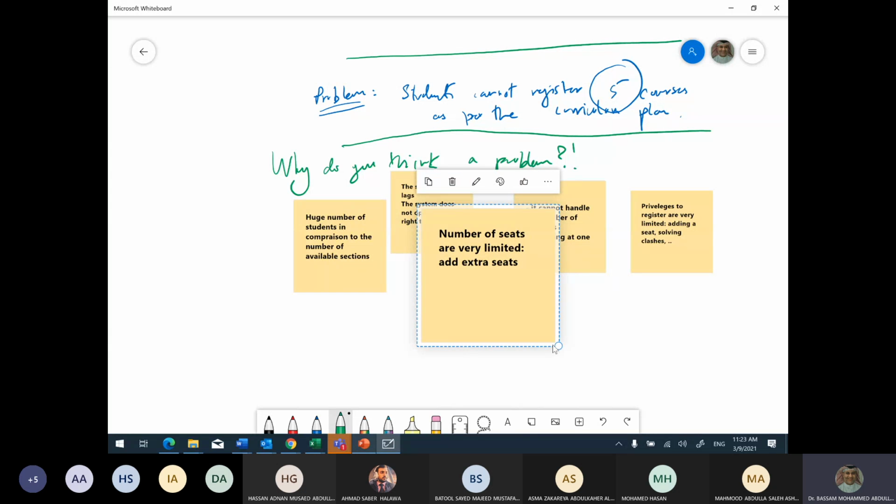But why can't they know the number of seats before? Why don't they know in advance? No, I'm saying they should know the number because they have expectations of who fails and who succeeds. Okay, so